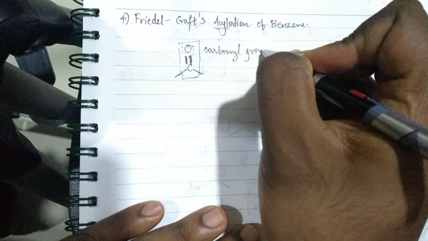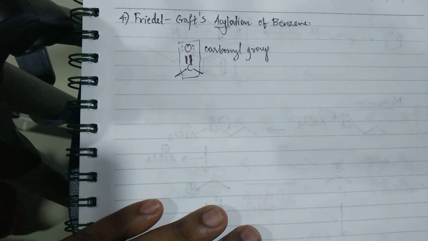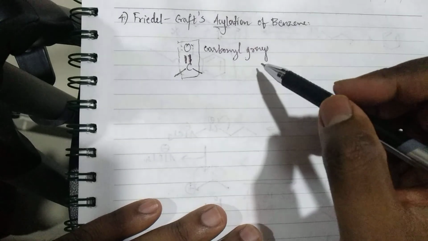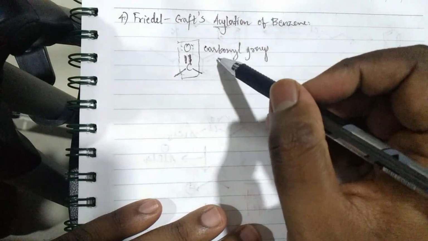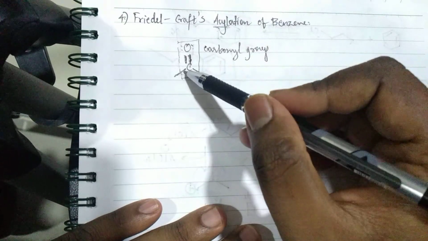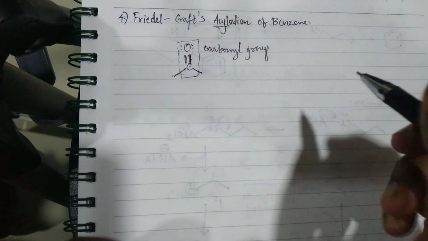There are a lot of functional groups which have this carbonyl group in it. We'll be looking at those in a separate video. For now, let's see what this acyl group is. Now we have established what exactly a carbonyl group is. It is C double bond O with two valencies of carbon being attached to other species.